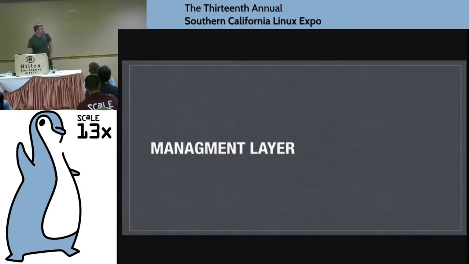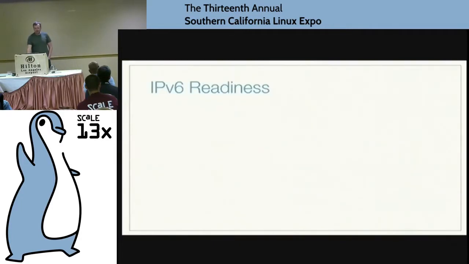So, when we talk about the management layer of Neutron, this is all the control plane, all the back-end systems. In terms of API readiness, we can stick a check mark on the API layer. The HTTP interface for Neutron can be run over v6. It works fine. HTTP, HTTPS works over v6. The database layer, obviously, most of the Python backends work with v6. Client libraries are v6 ready, the Neutron client is available. RabbitMQ, which is pretty much the de facto messaging bus for OpenStack, works with v6.